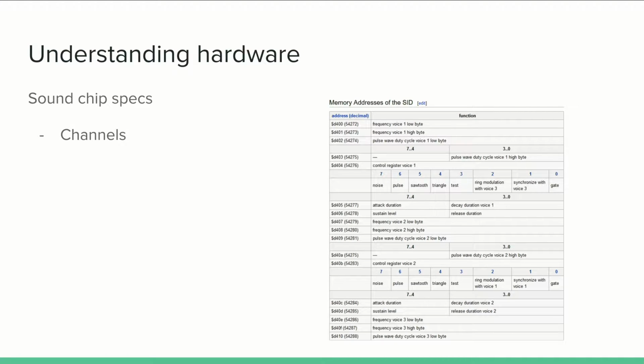So do you have only monophonic sound on one channel that you program, or can you do rhythm and lead and bass tracks separately? It all depends on the sound chip that the machine has. Of course, one of the best sound chips is on the C64. You have a really nice programmable sort of dream synth from the 80s with all sorts of cool features like filters and all that. So you might have things available like hardware filters or ADSR envelopes and stuff like that. Or you just have a monophonic beeper. It really depends on the